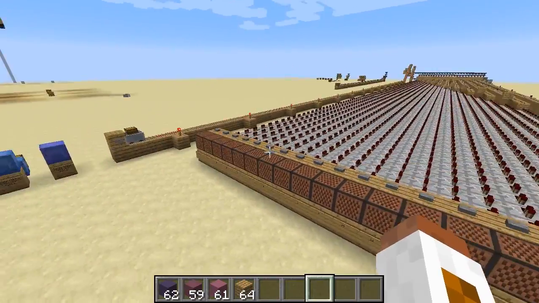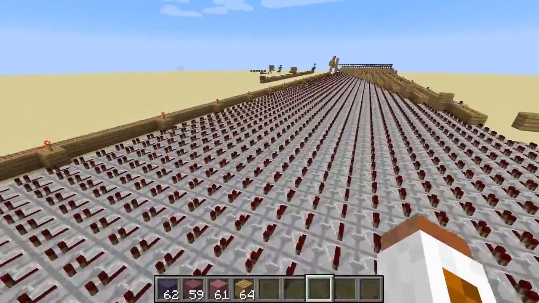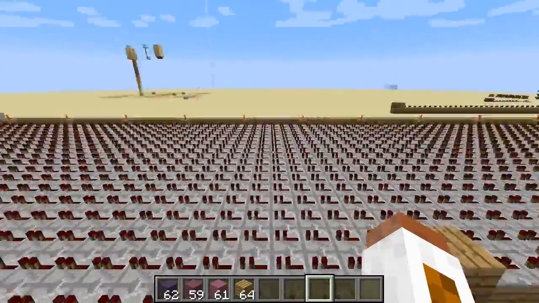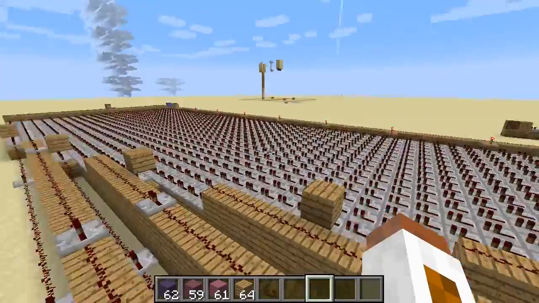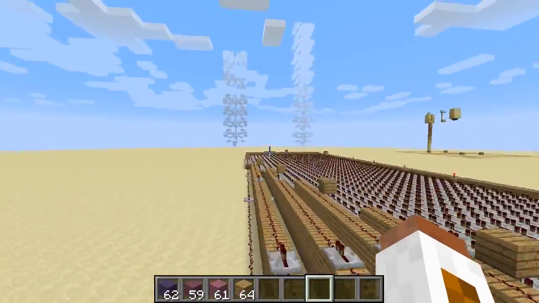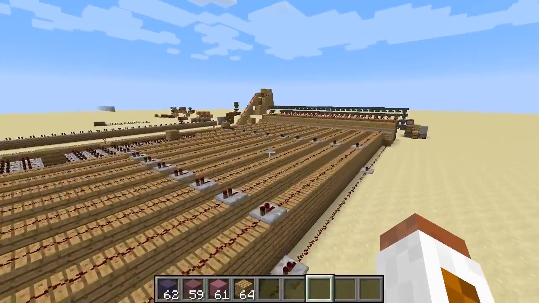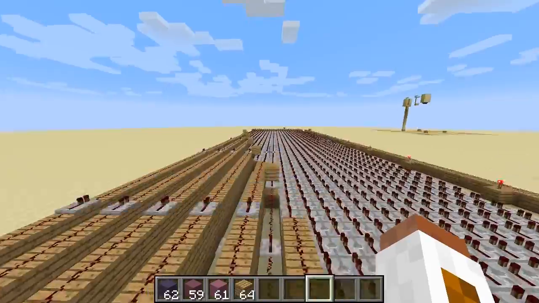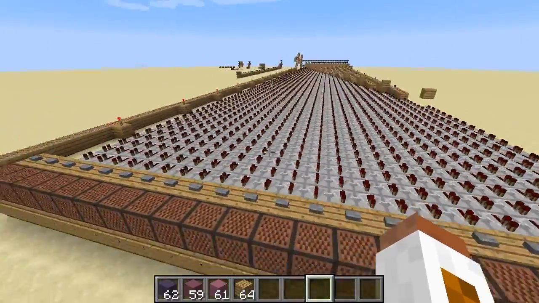A lot of music playing machines I've seen, you either have to be in creative mode and fly, or walk along a path, because there's redstone that activates note blocks and it kind of goes in a snaking pattern, or you may ride a minecart that takes you along. Then of course you have the minecart noise. You can turn that off, but here you can stand in one location, and as long as this is built correctly,